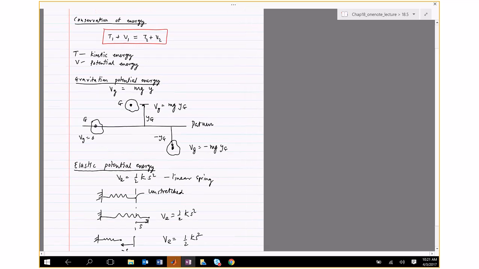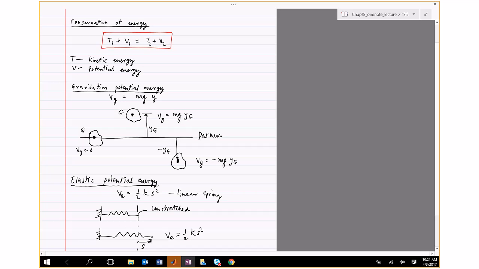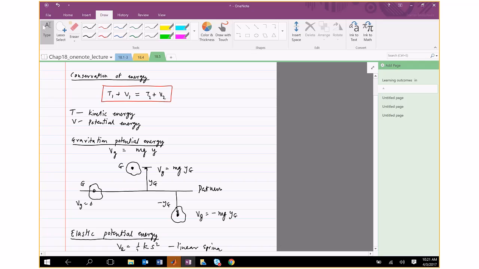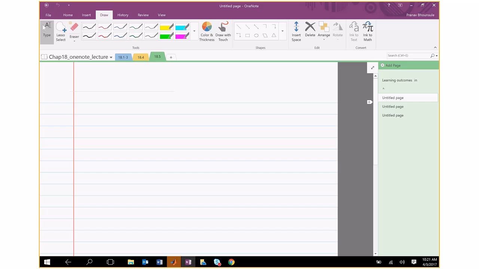And the final thing I wanted to say is that this conservation of energy only holds when there's no dissipation, right? There is no friction, there's no drag force. If, however, you had drag forces and you wanted to use the principle of conservation of energy, then you've got to account for the fact that the drag force or that friction force is going to dissipate energy. So when there is dissipation,